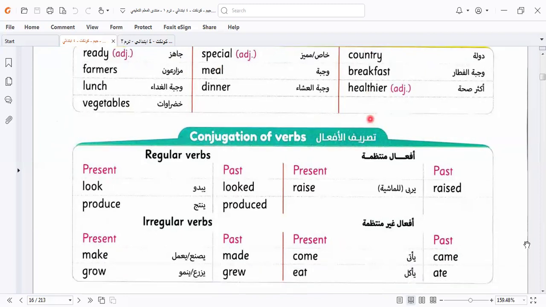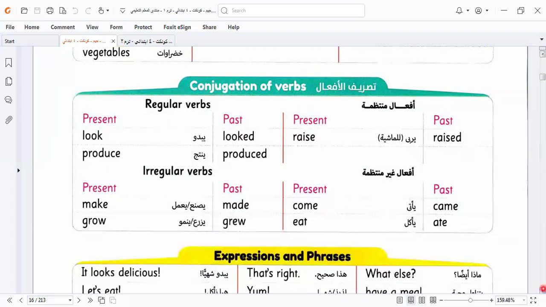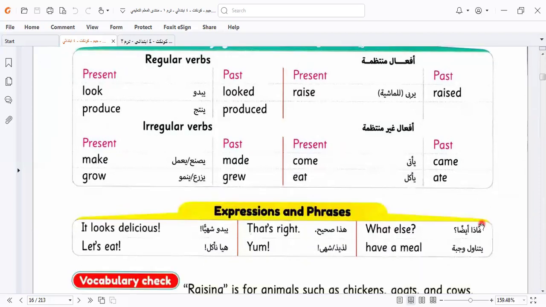Here we have conjugations of the verbs. We have regular and irregular verbs, as we told you before. We must keep the irregular verbs, grade 4. Many books have these verbs, so we must keep them to answer any sentence in English. You can't answer without keeping the vocabulary, this irregular verb. Let's go